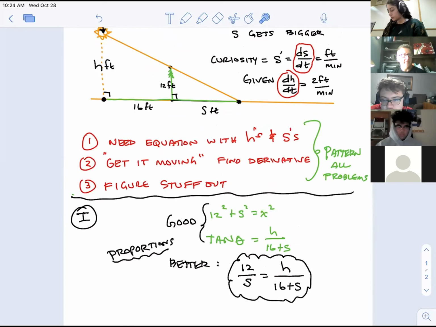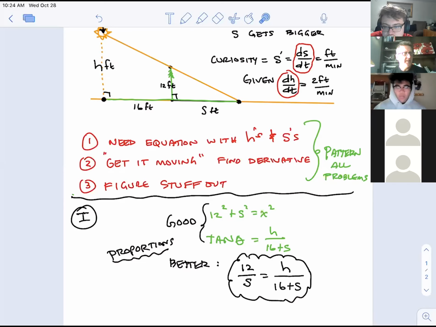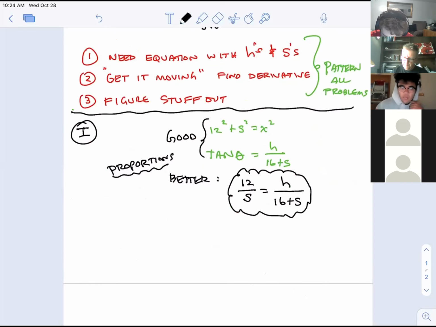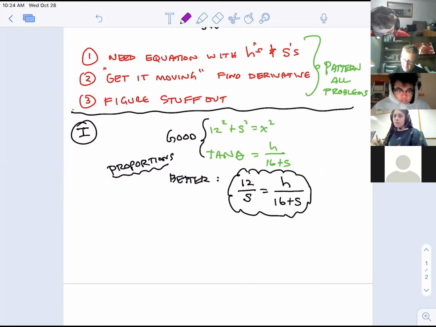That's why I need to take a derivative, because if I take a derivative, I'm going to get a whole bunch of dS/dt's and dH/dt's. Well, you should know from the last few lectures that you don't have to take the derivative right now. Can't you mess with this a little bit? So let's mess with that a little bit. Like for instance, I don't like fractions. I'm seeing H over 16 plus S and I'm thinking, oh, quotient rule. Ugh, I hate that. So maybe I'll multiply both sides by S.